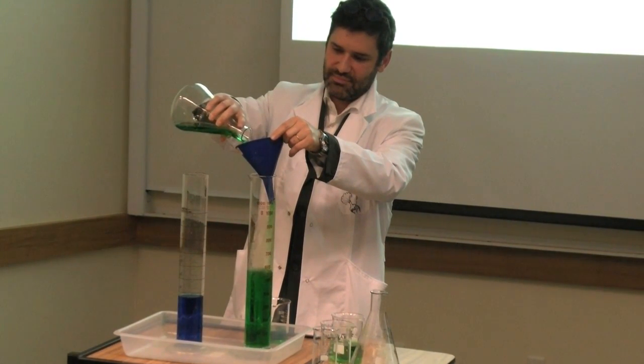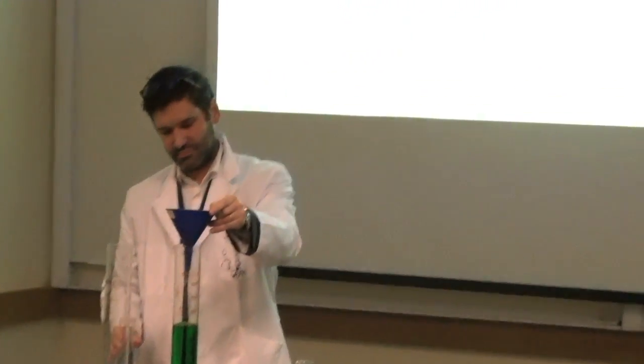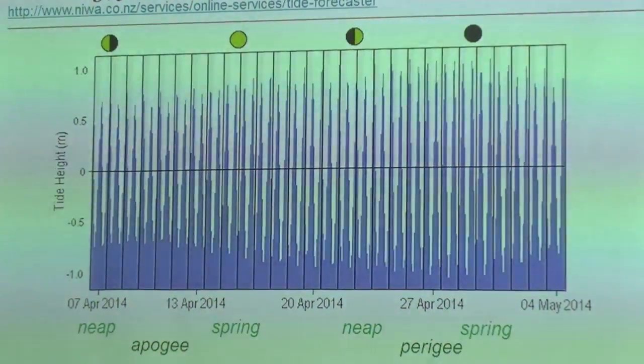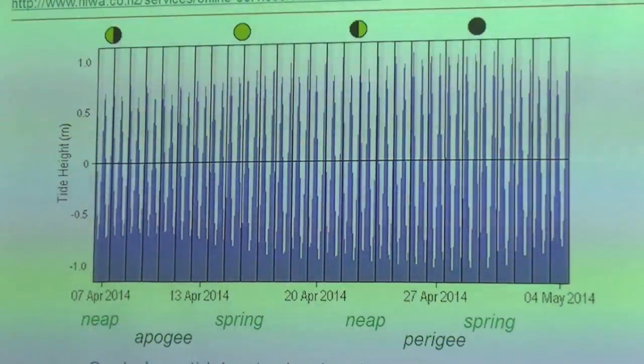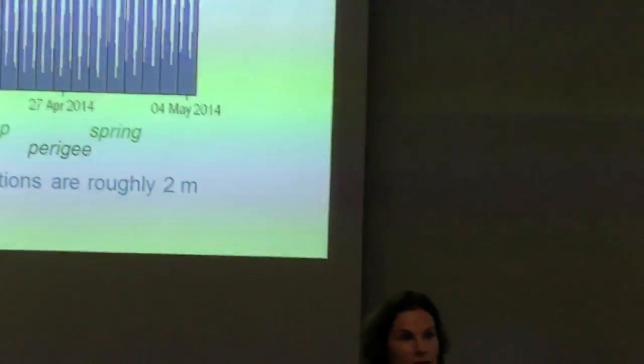Now you can see that the tides across a month vary quite a lot. So you might have heard of spring tides and neap tides. Spring tides are when the moon and the sun line up together and their gravitational pull works together to pull the water in the oceans and give us bigger high tides and lower low tides. When they're on opposite sides, opposite axes of the Earth, they're fighting against each other gravitationally, then we get a dampened tidal signal during our neap tides. So we get high tides, but they're not as high as during the springs, and low tides, but they're not as low. Much harder to do coastal fieldwork during those conditions.